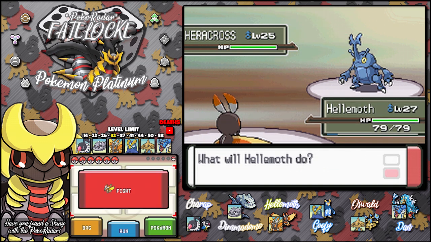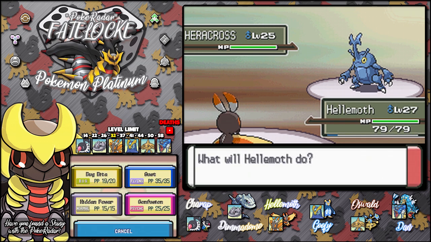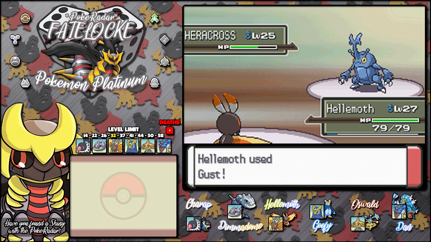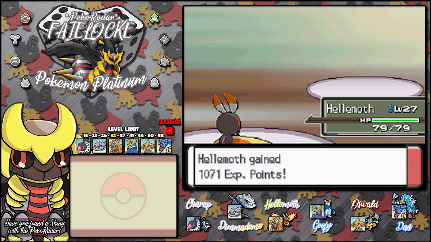What happened? We rolled a 1. Not that I'm gonna need it. Wait, actually, yeah, we're not gonna need it, but trap. Why not? We'll gust it, and it's dead in 1 shot. It's 4 times weak to flying type attacks. If this doesn't kill it in 1 shot, maybe Hellomoth's time on the team might come to an end for a little while. Yeah. Goodbye, Heracross, Hellomoth, Haramoth,